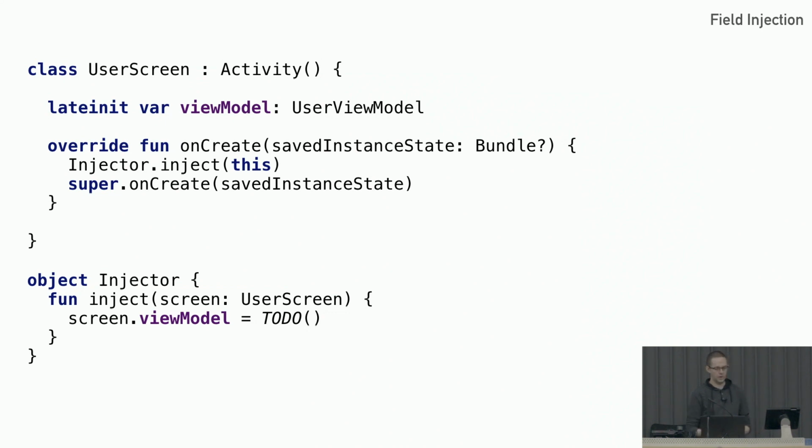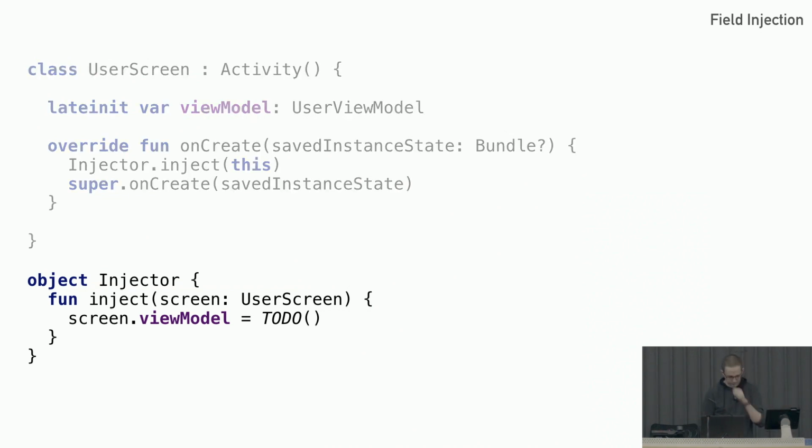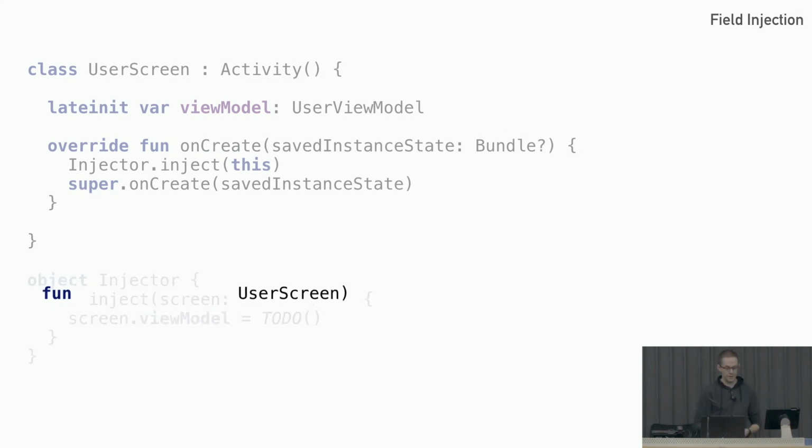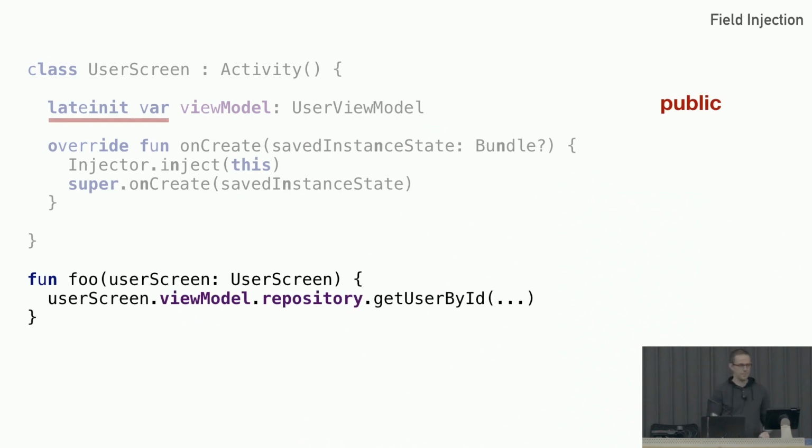So now, with actually calling that call, what we're going to do is hook into our lifecycle, whether that's an onCreate or an init block or onStart or onAttach for fragments, whatever you can get to as early as possible. You'll be calling this injector object and say, hey, give me this stuff that I need. And I want to point out that the injector is not returning the property, because that would be a service locator. The injector is setting the property itself. The return type of the function is void or unit.